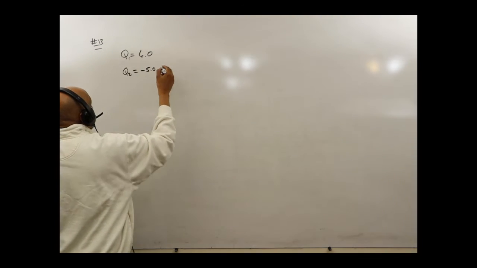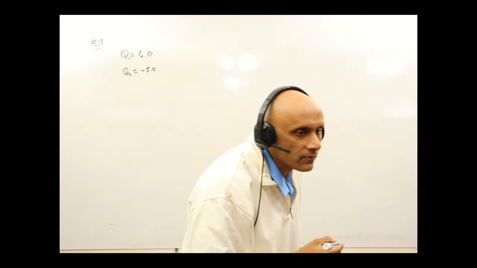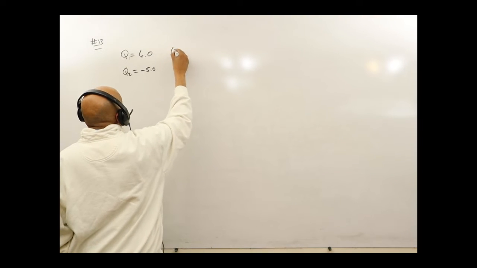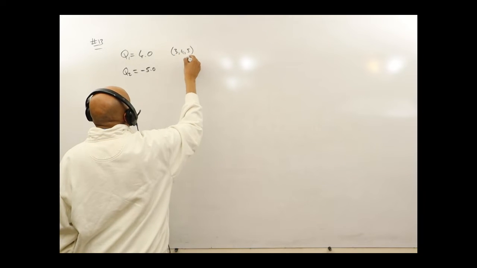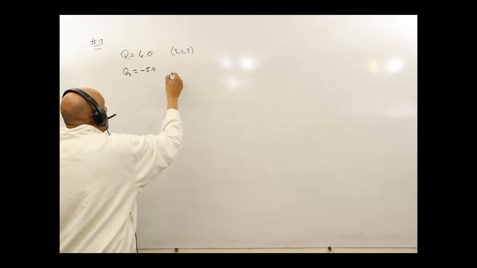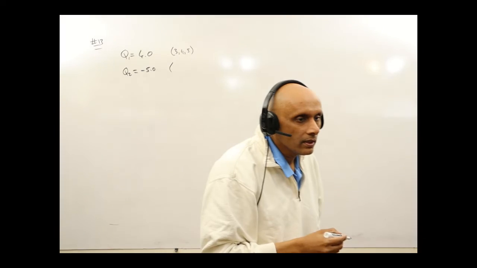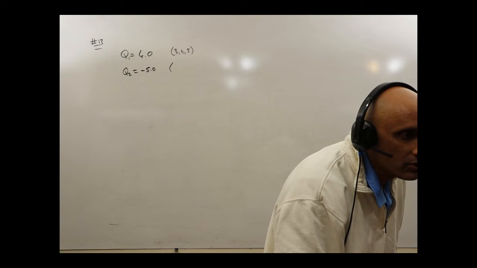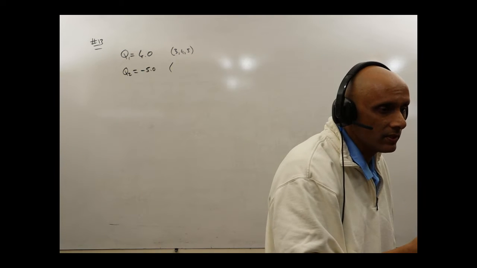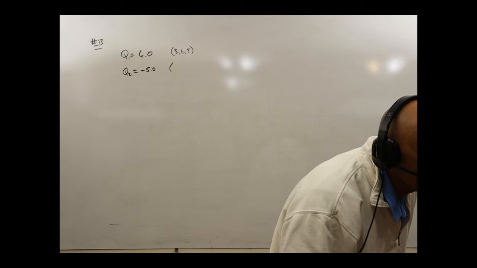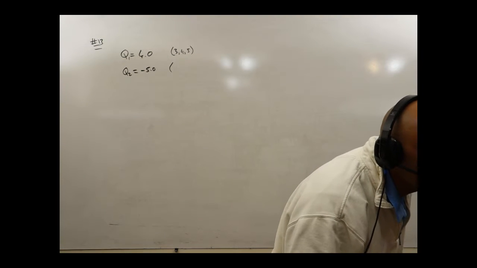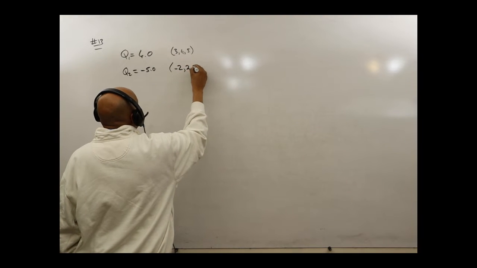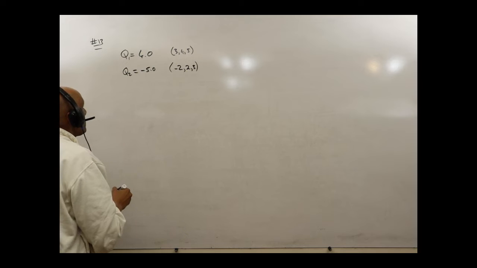We're told that Q1 is located at 3, 4, 5, which means it's 3 meters in the x direction, 4 meters in the y direction, and 5 meters in the z direction. And charge Q2 is located at the second point, negative 2, 2, 3. So the question is to find